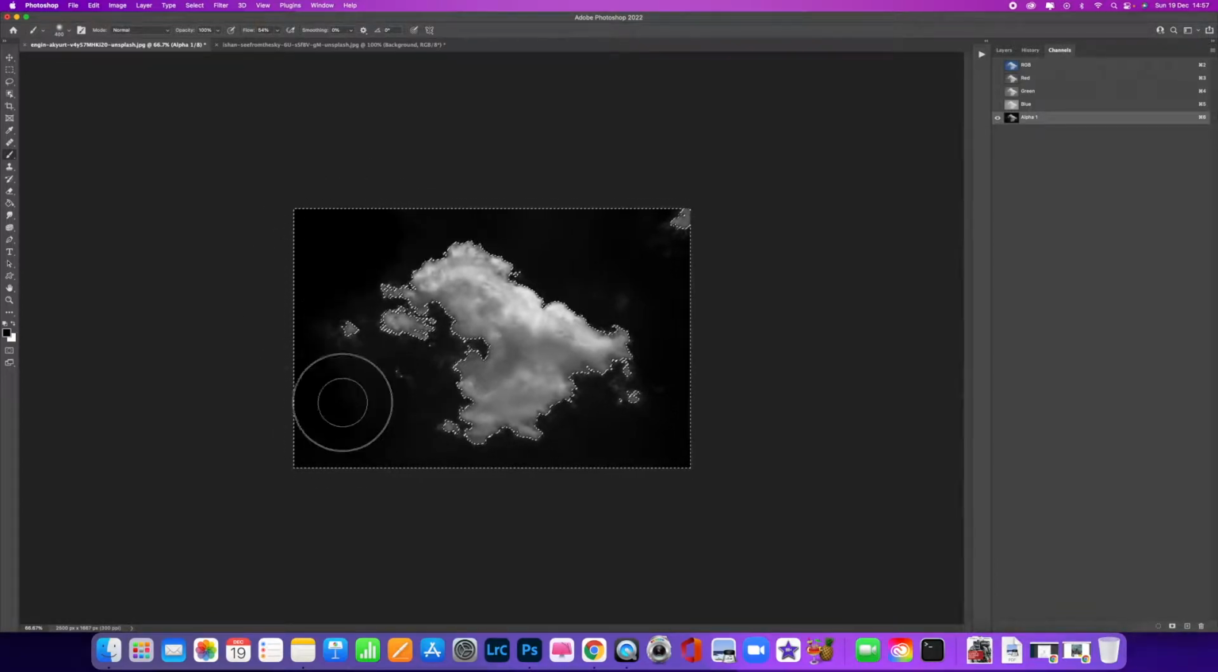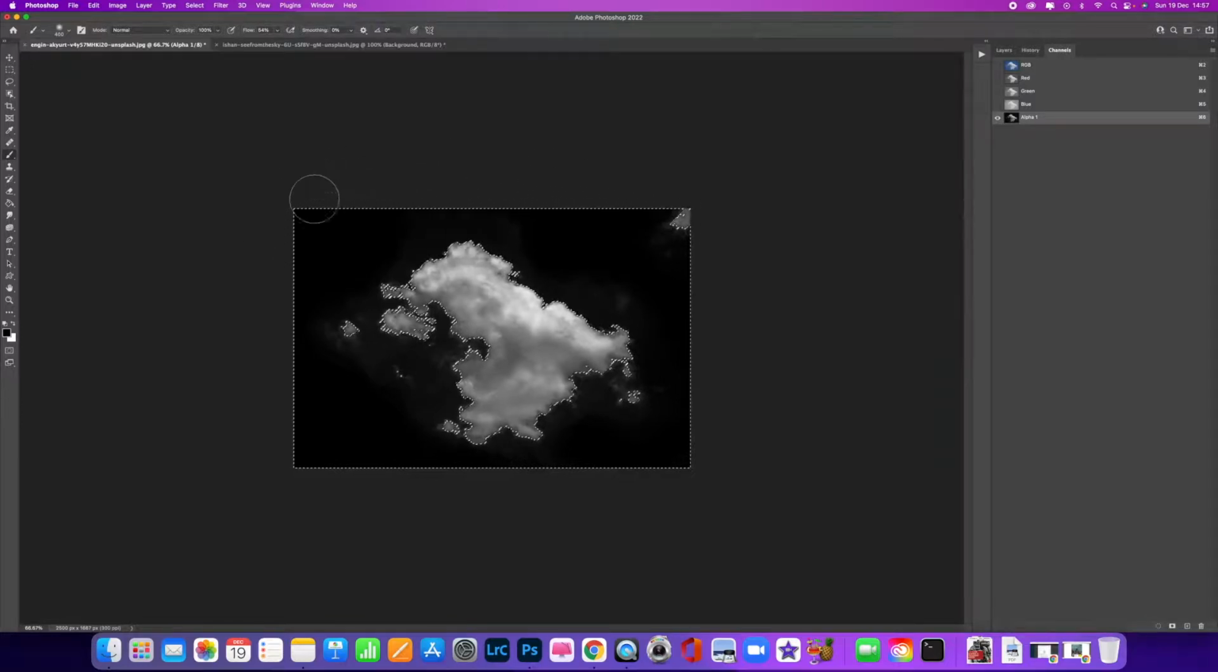You can press X on the keyboard and that will switch it over, and then let's just paint in. So I'm just painting in areas with the black around the actual cloud, just so we don't get a sharp square edge when we create the brush. We're basically telling Photoshop these areas we don't want to include in our brush. As long as you get most of the edges, you should be good to go. Okay, so once you've done that,